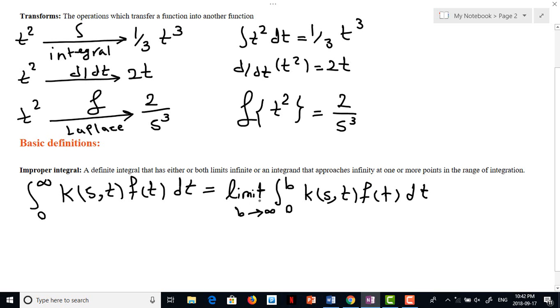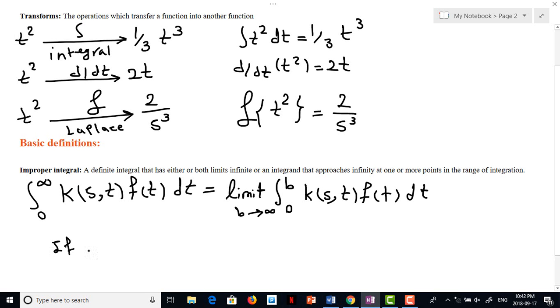How is it divergent, how is it convergent? If this limit exists, I mean it ends up with a number, we call this integral a convergent integral. If this limit does not exist, so it means that it approaches infinity, in this case we call this integral a divergent integral. So I write the definition. If for the limit that we have,